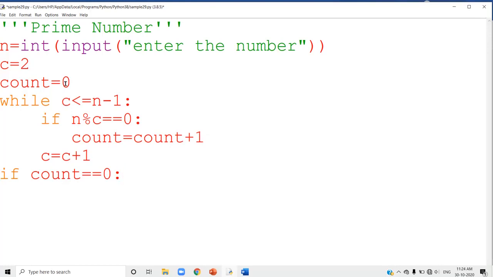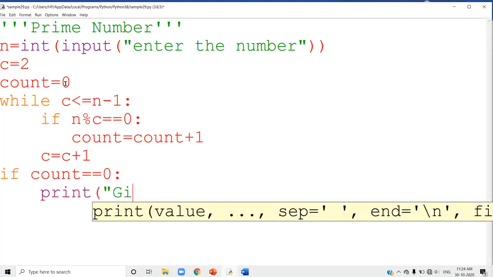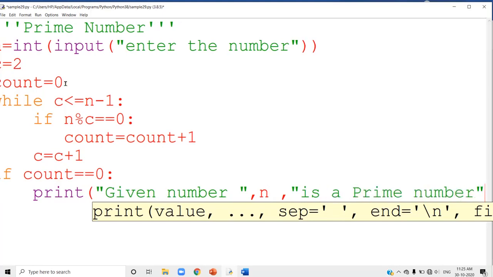If count is still its original value, 0, it means you didn't get any factor other than 1 and the original number. If count is 0, then I can say print: given number n is a prime number.